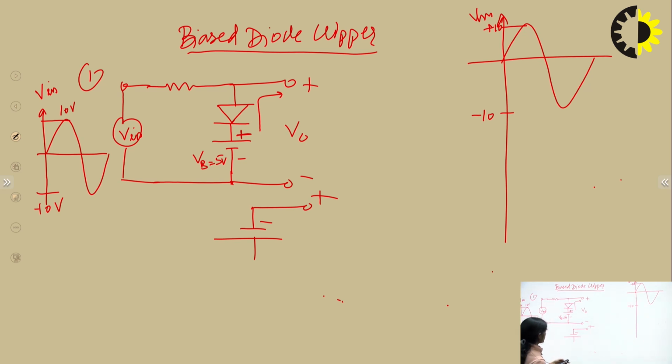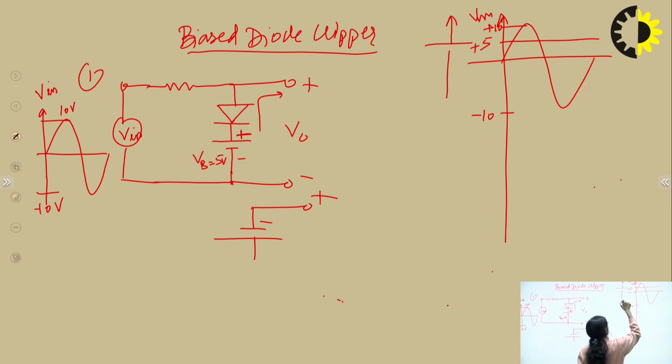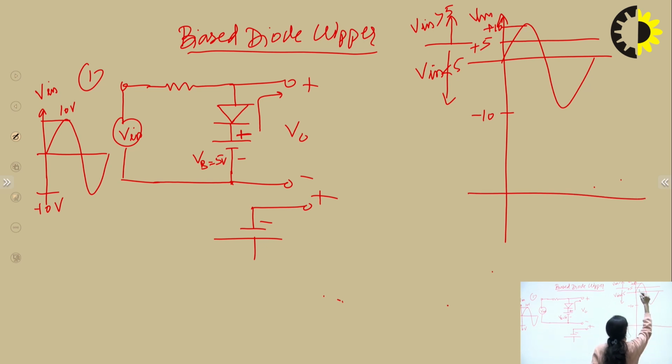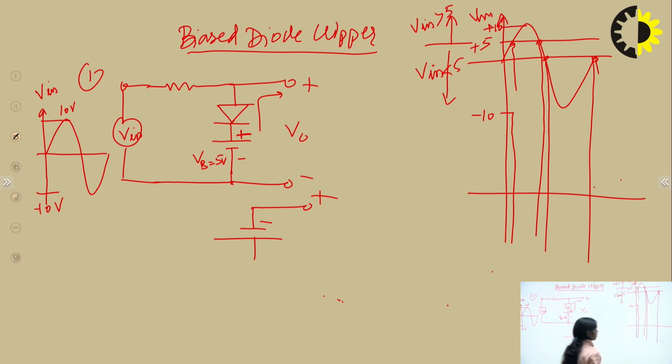If we have marked the DC level positive, this is the plus 5 volt. Again same as series clipper circuit, it divides the cycle in two halves. One is Vin greater than 5 and another is Vin lesser than 5. Again we will going to draw the projections at different points, at 5 volt, at negative cycle change, and then accordingly we are going to plot the output.